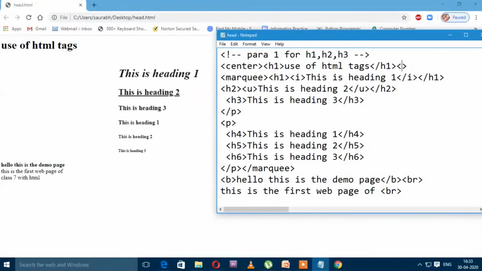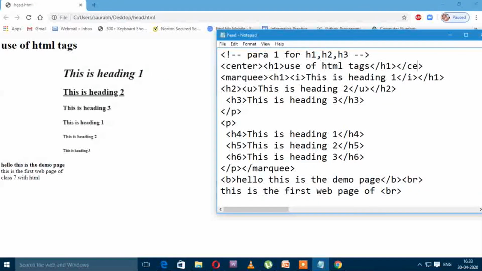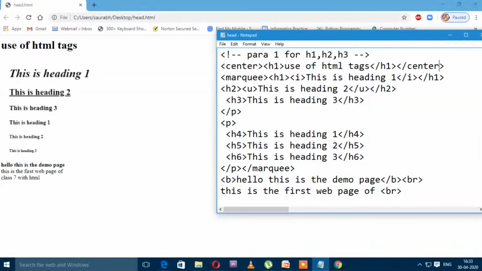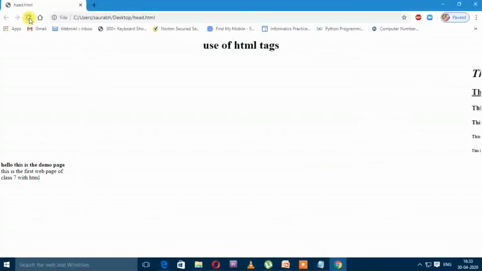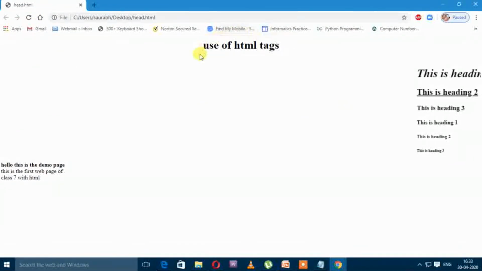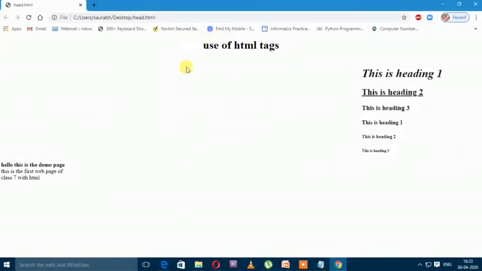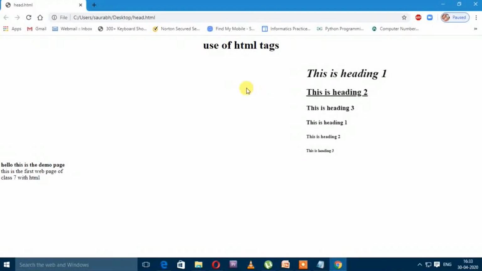Center tag closed. Again do the same process, save and move back to the web browser, then refresh. So look at here, by default our text moved in between the web page. It means it is center aligned now. Okay.